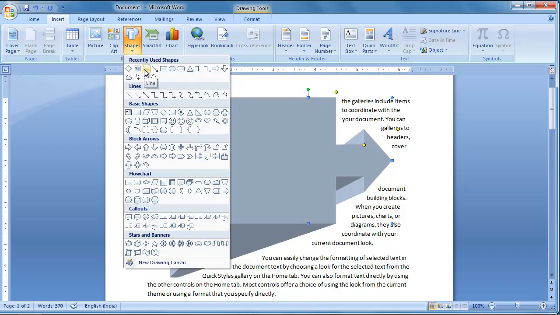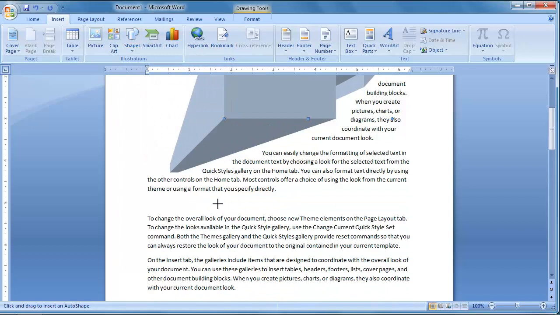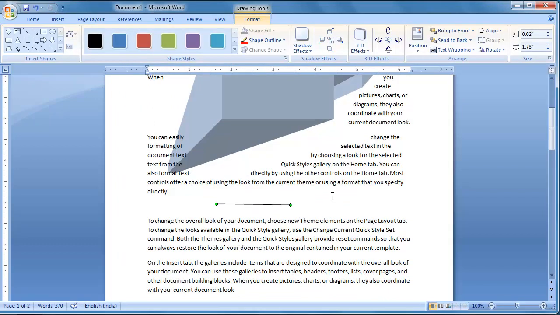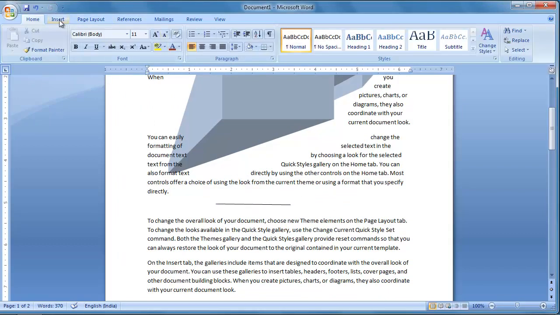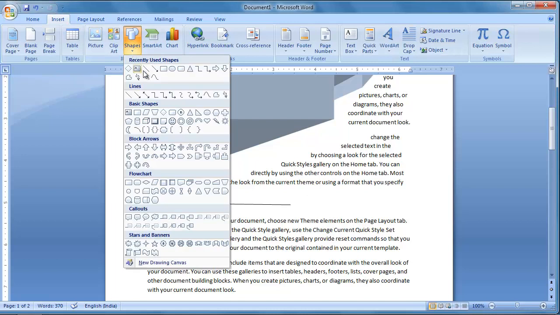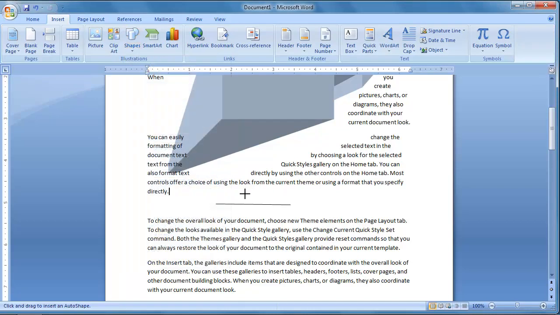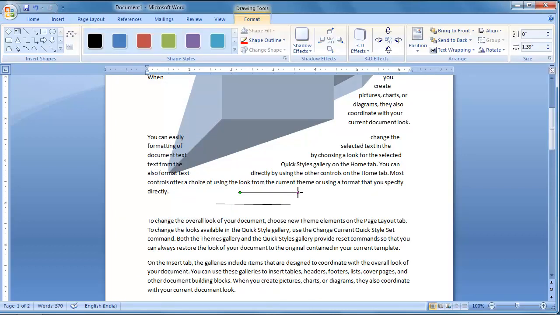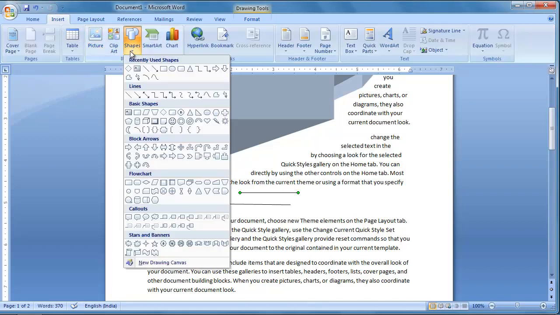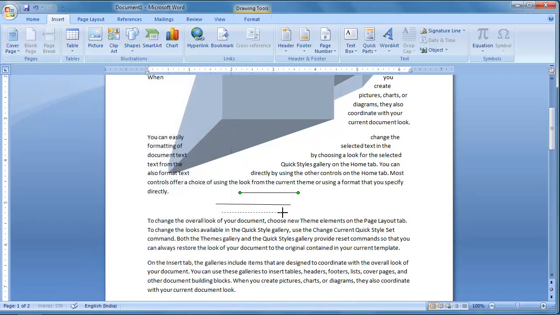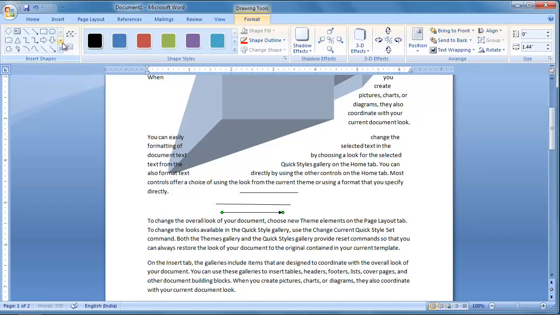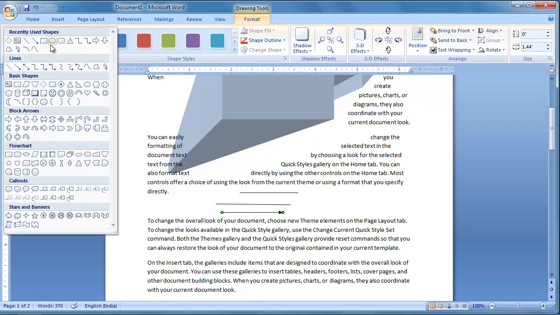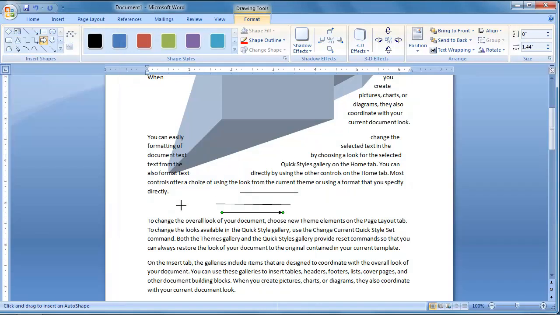This is for drawing line. If you want to draw the line in a straight way, I hold shift with my left hand, and with my right hand I drag with mouse. Similarly, we are having arrow. And here we have block arrows.